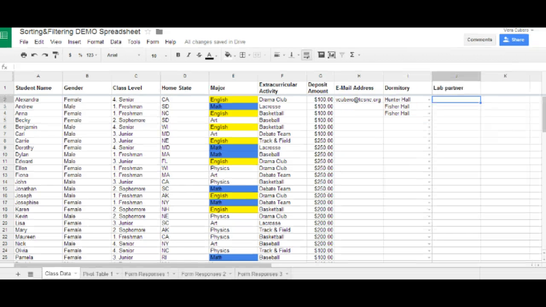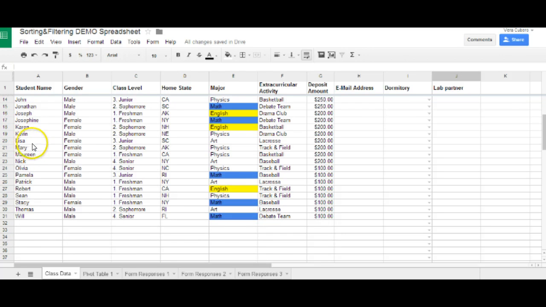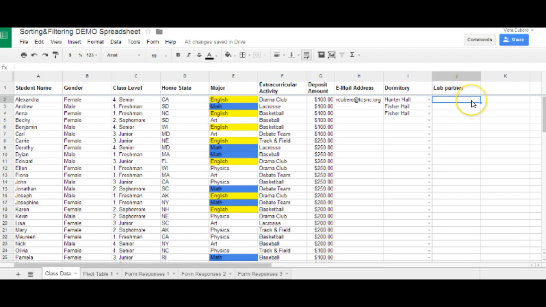Okay, another useful form of data validation is if you want them to enter a value that is somewhere else on the spreadsheet, choose from some other cells. And so to demonstrate that, I'm going to show you here in column J, I've added the terms lab partner. And let's pretend like this is a group, a class group, and each one of them has a partner who's among these students listed here in column A. And so I want them to be able to choose between them, but I want to, again, ensure consistency, so I'm going to have them click from a list instead. And so rather than type all those names again, I can select them and have a drop-down box like this,